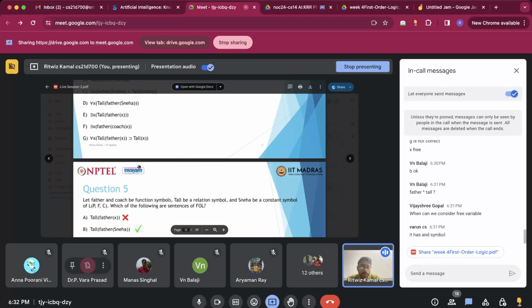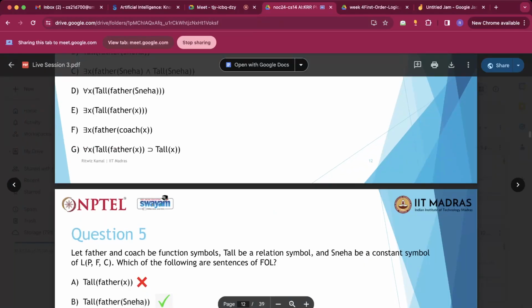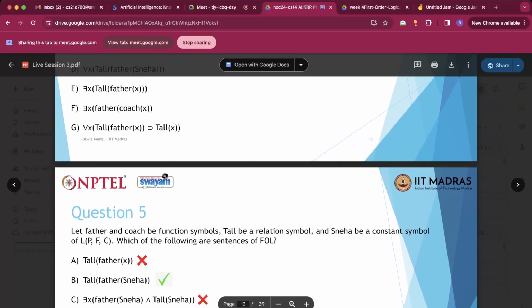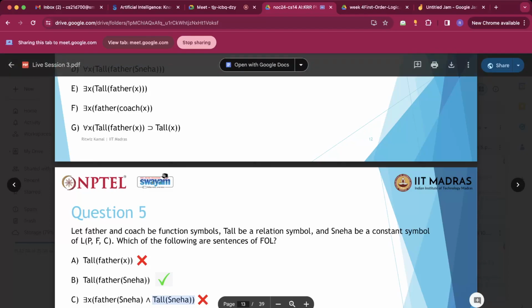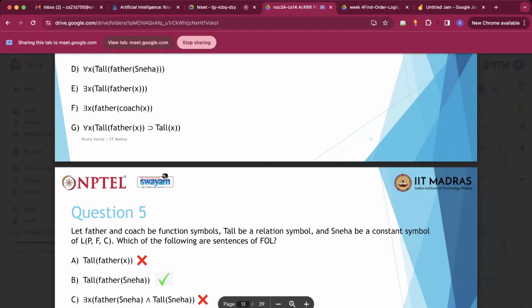So what do you think? Will it be or will it not be a sentence? It will not be a sentence, right? Because it has two things. There is an and connecting this part. Tall bracket Sneha, this part is all right, this part is a formula, but this part, father Sneha, is a term, not a formula, and we know that an and between a term and a formula does not make a formula,